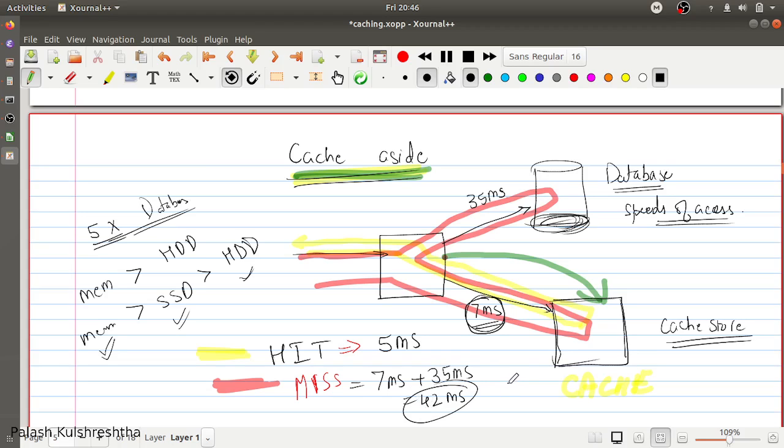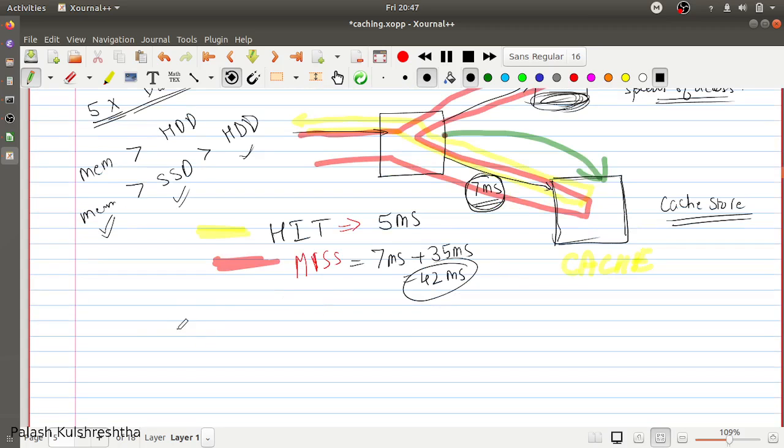Okay. So this is how you are going to handle this scenario. For example, if your hit to miss ratio is 95% cache hit and the cache misses are 5%, then if there are 100 requests, what is going to be the average time taken for the request?